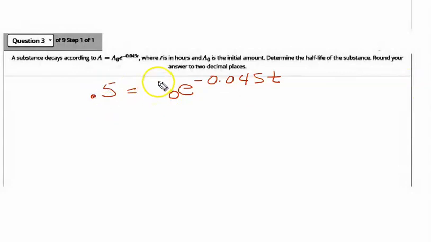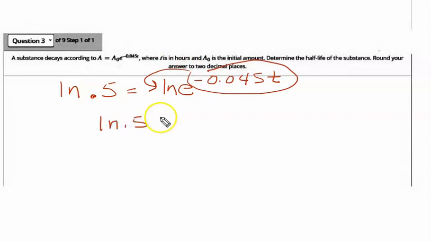Just so you see where it comes from. Now I'm not going to write the 1 here. And we can see it's going to follow a similar protocol of what we've done. We're going to do the natural log of this side, natural log of this side. But when we do that, again, this is going to become 1, but we take this and put it out in front. So we now get the natural log of 0.5 is equal to a negative